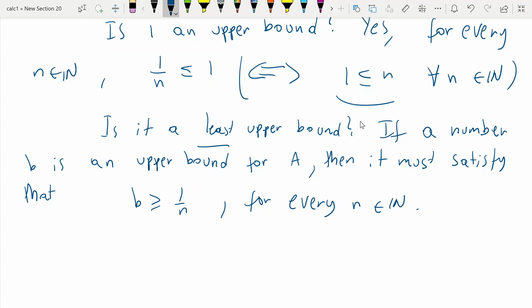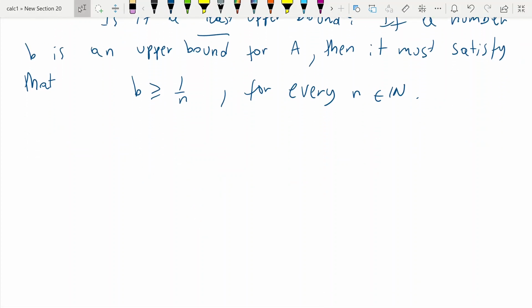And here I want you to pay attention to this property, or this statement. If we are looking at it from the perspective of testing whether something we're saying is true or not, what we're saying here is that b is greater than or equal to 1 over n for every n in N, and that means that no matter what n I put in here, the statement b greater than or equal to 1 over n must be true. Okay, so that allows me to test for n equals 1, and that's what I mean in the future when I say